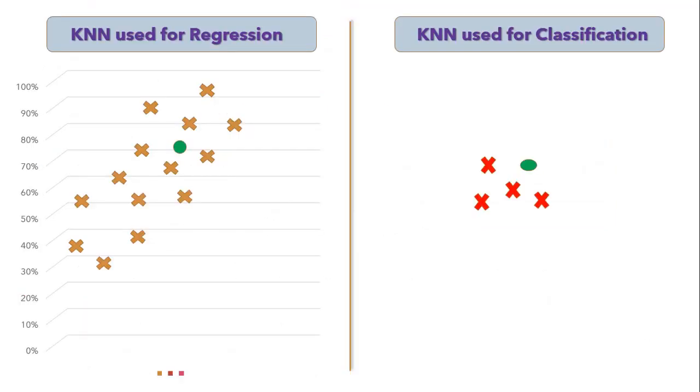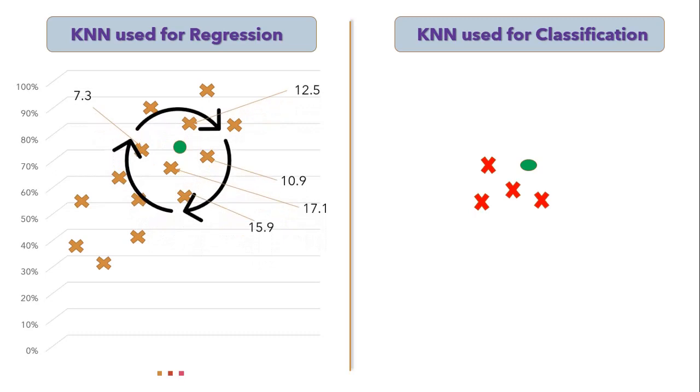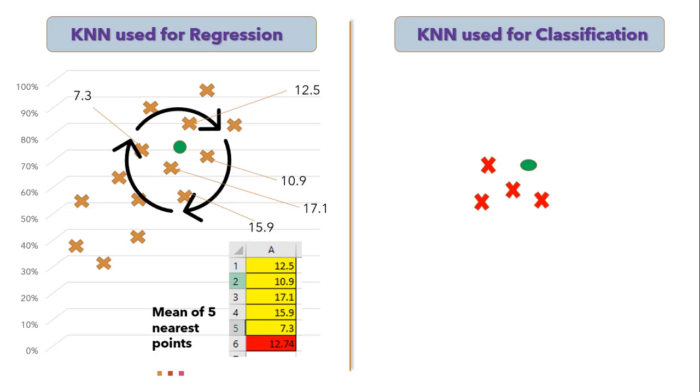So guys, we can use this method for both regression and classification problems. When KNN is used for a regression problem, the prediction is based on the mean or median of the k most similar instances. So suppose we have data points scattered on the Cartesian plane. Now, if I want to predict for the highlighted point and we have a k value of 5, then we will look into the nearest 5 values for this unknown data point, take the average of all 5 points, and consider that value as the predicted outcome for the unknown point.